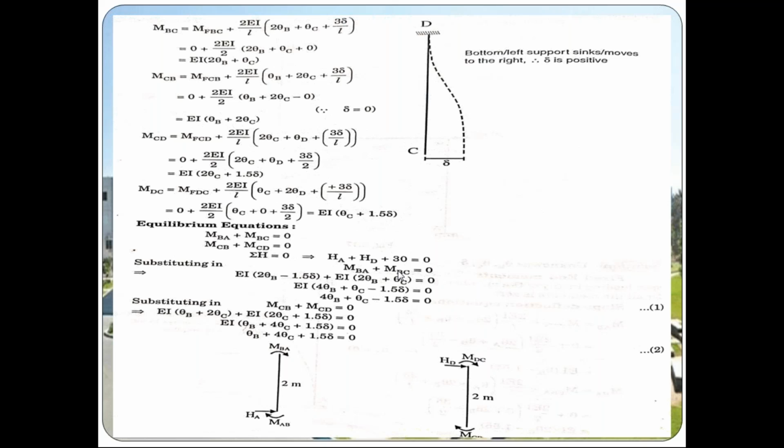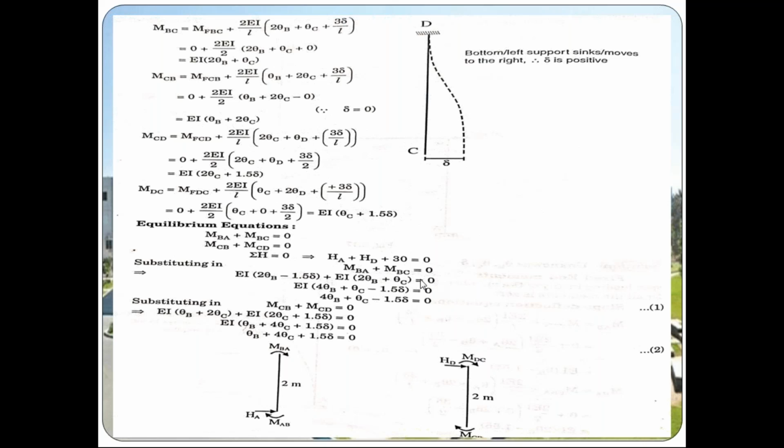We know MBA and MBC. MBA is equation number 2, and MBC is equation number 3. This is MBC, EI into 2 theta B plus theta C. So we are substituting those equations: MBA, EI into 2 theta B minus 1.5 delta, plus MBC, EI into 2 theta B plus theta C,